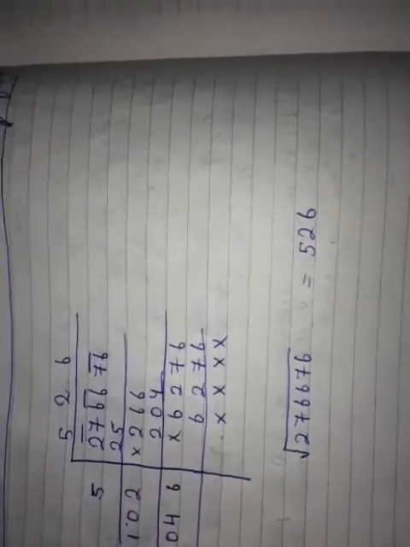Now the second step which I told you was to take the first pair. I have taken the first pair, that is 27, and find the largest whole number which when multiplied by itself results either less than this first pair or equal to this first pair. There I take 5, and I told you a rule, whichever number will be written as the divisor, this part is known as the divisor, this is known as the quotient, and this is known as the dividend.